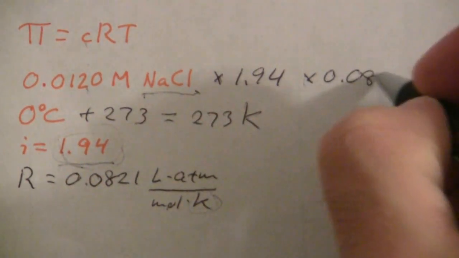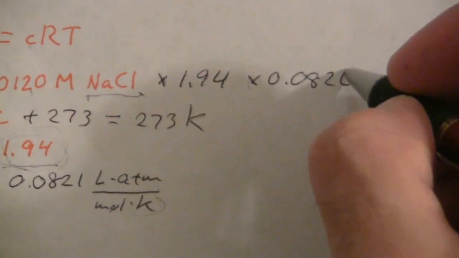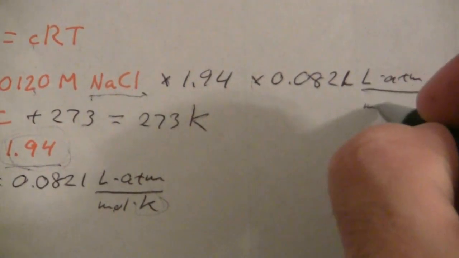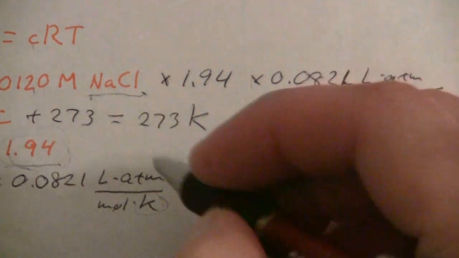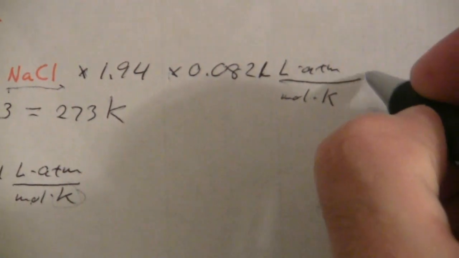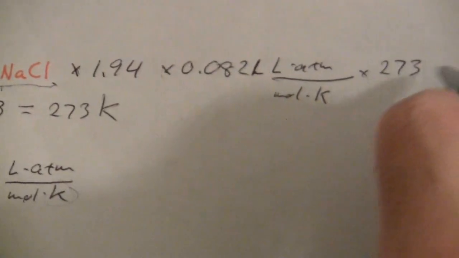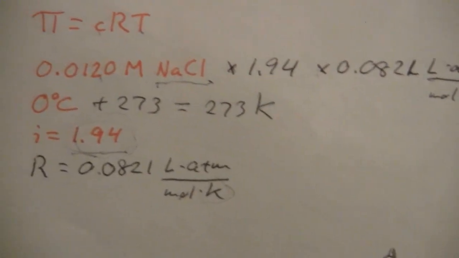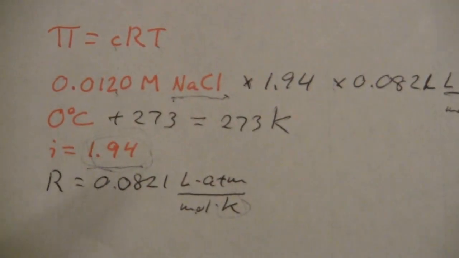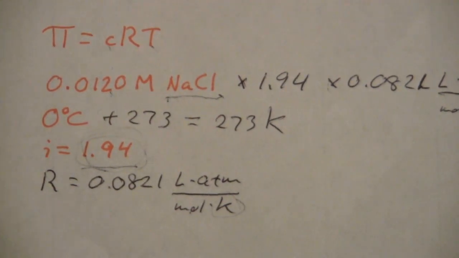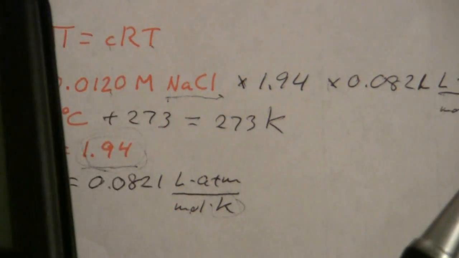All right, so we're just going to multiply this by 1.94 to get the concentration there, and then we'll multiply by 0.0821 liter atmospheres per mole Kelvin, and we'll multiply by the temperature. Okay, 273 Kelvin. All right, so just plug it all in the calculator, and what we end up with is